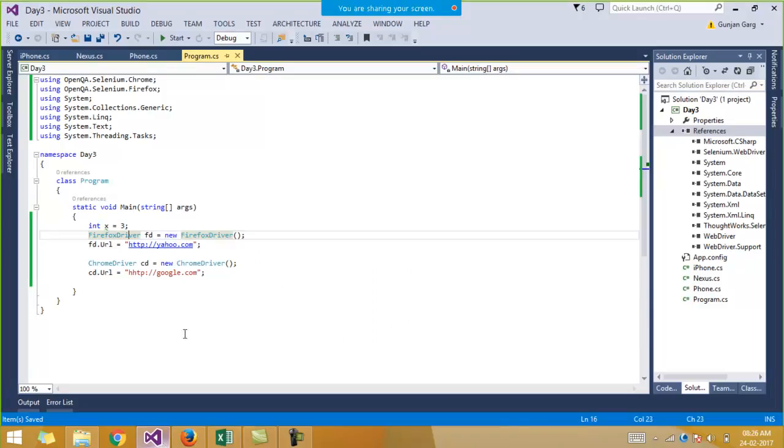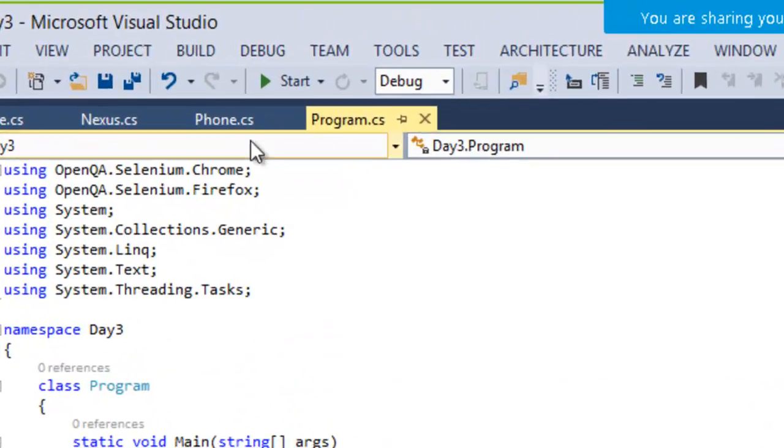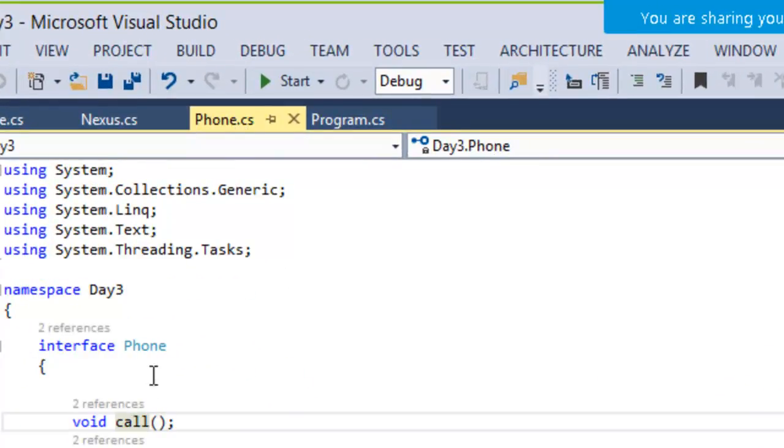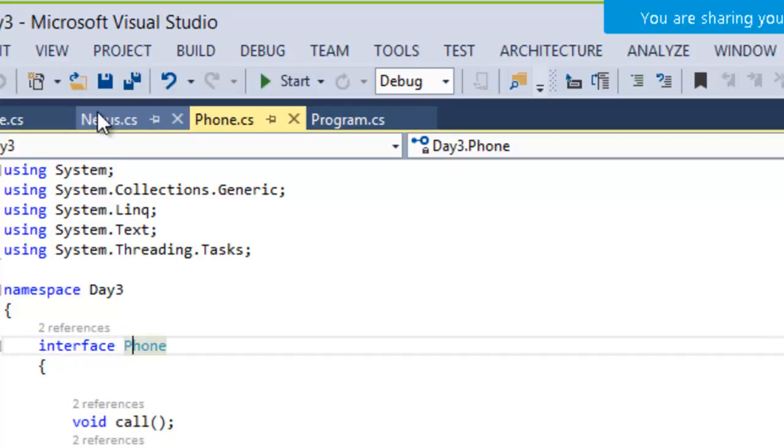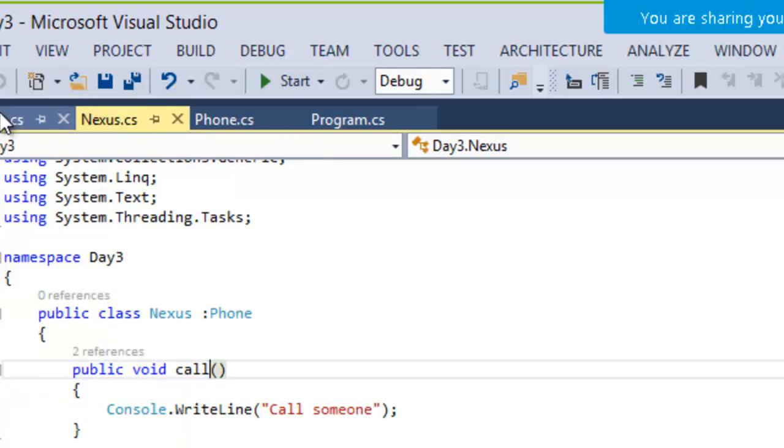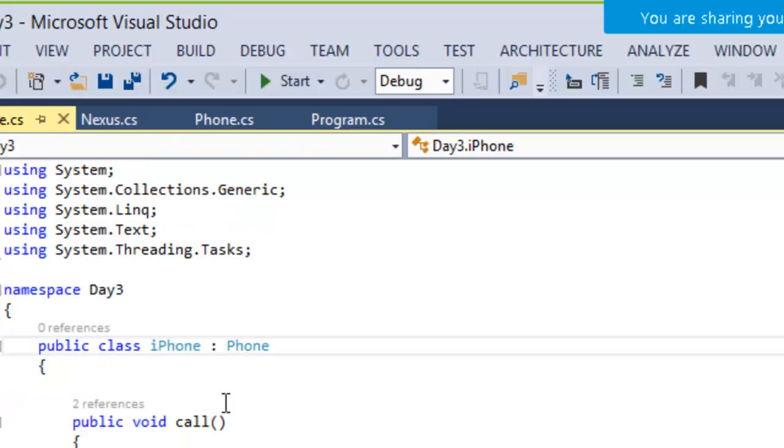Now coming towards the usage of the interface, why are we using this interface? The first point is that the functions are the same in all the implementing classes, right? The functions you declare in an interface will be the same in the class which is implementing that interface. So that is one point. And secondly, let us understand with the help of an example.